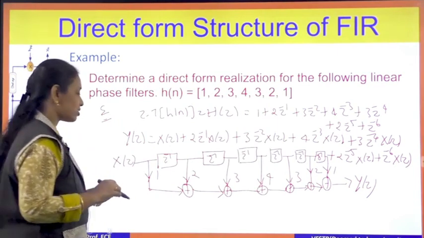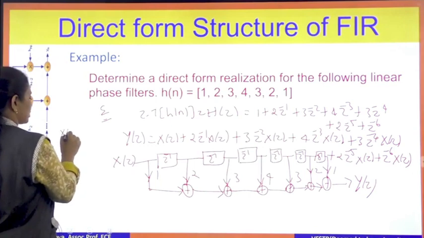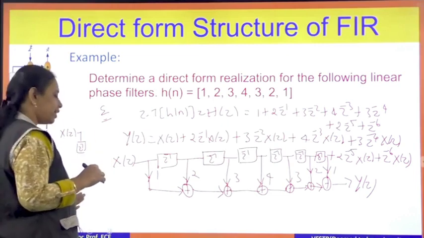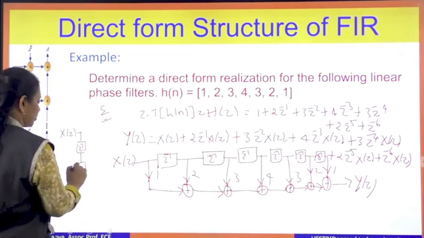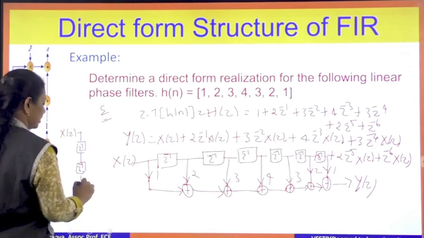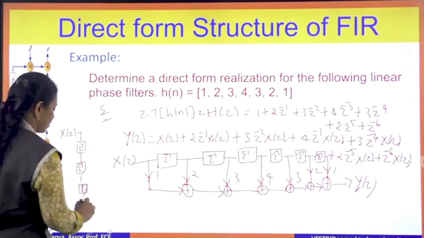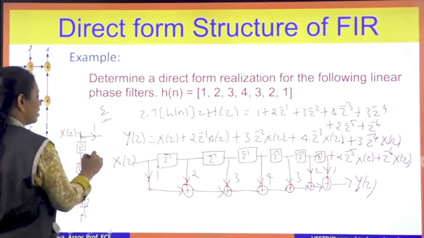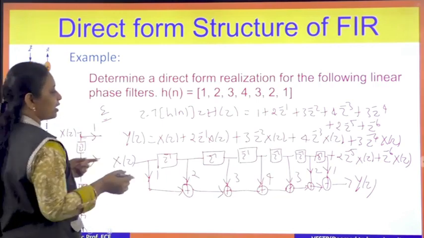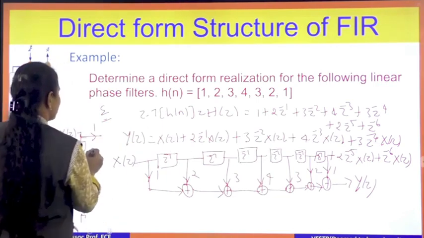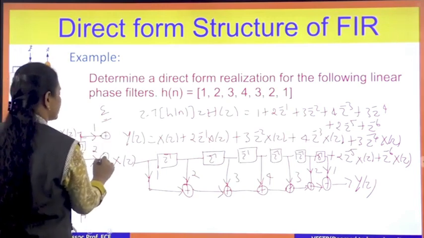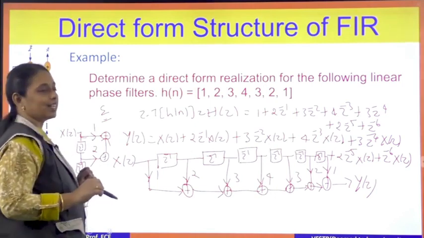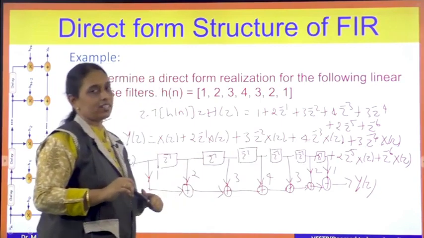You can also draw the structure like this, that is x of z, and you can delay it downward. Instead of delaying horizontally, you can delay it vertically also, and you can draw the diagram. You can delay vertically like this, right? Z cube, z power minus 4 like this, minus 5, and you can take the coefficients at this location as 1. This is x of n minus 1. N minus 1 is what? Z power inverse x of z, which will be 2, and you have an adder at this location and add it. So like this also you can draw by delaying x of z vertically, otherwise delaying x of z horizontally.